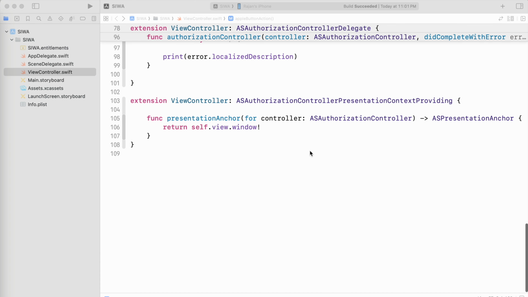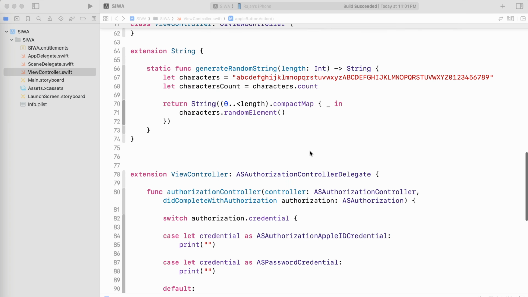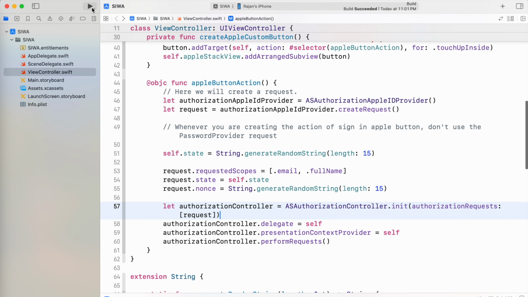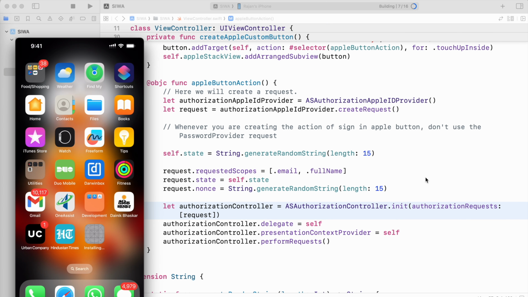Now let us first see whether we are able to get the sign in with Apple window. So I'll just run the code, and here's my screen casted,